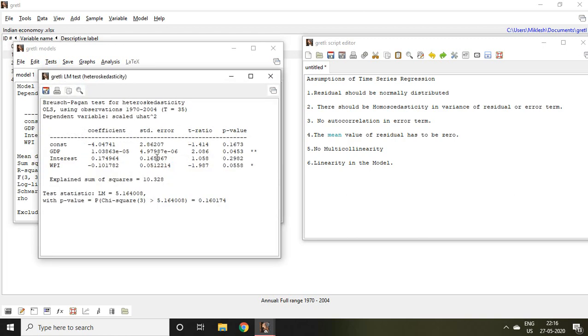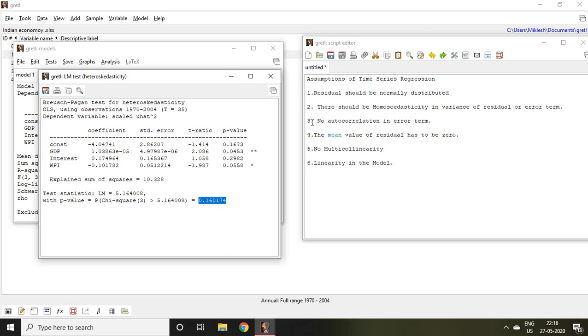Then I get this result. The p-value is 0.160174. The null hypothesis for this assumption is that there is homoscedasticity, invariance of residual. The p-value is greater than 5%. Hence, we can say that the null hypothesis is not rejected.